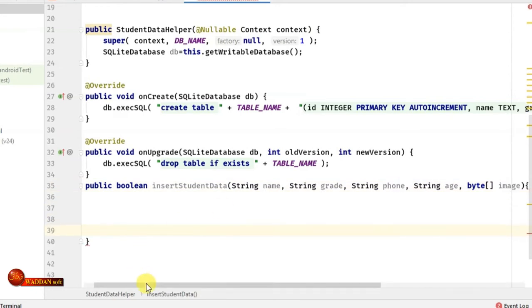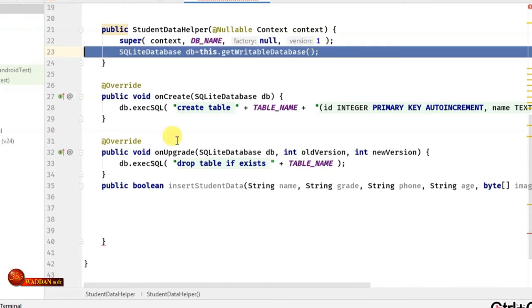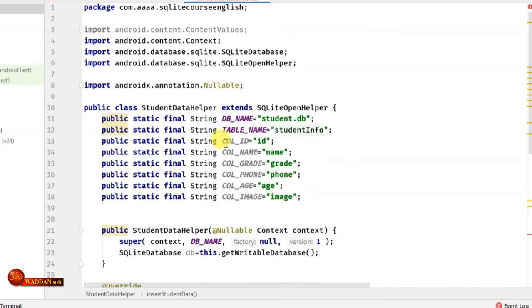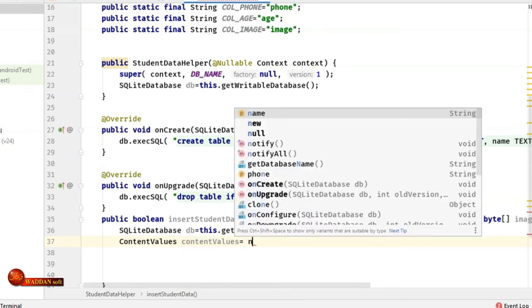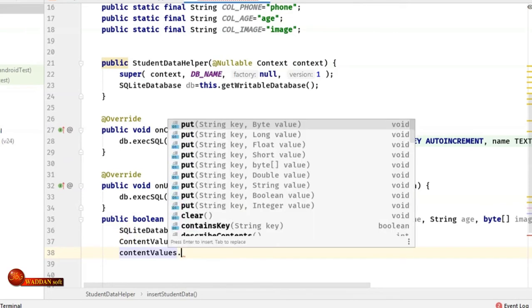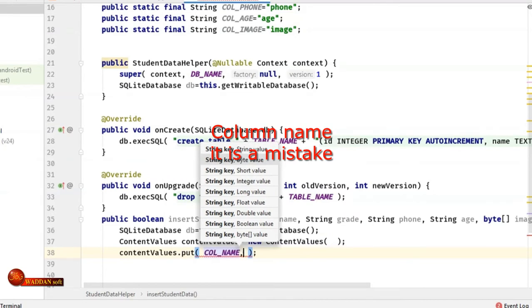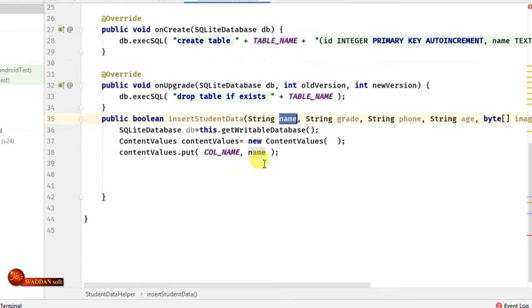Okay, and we'll give the permission writable, so we'll copy this one here, and we will connect the columns with the variables here through content values. So we write content values will be equal new content values, and content values dot put. The first column is column ID with the variable name here, this variable, and the same way